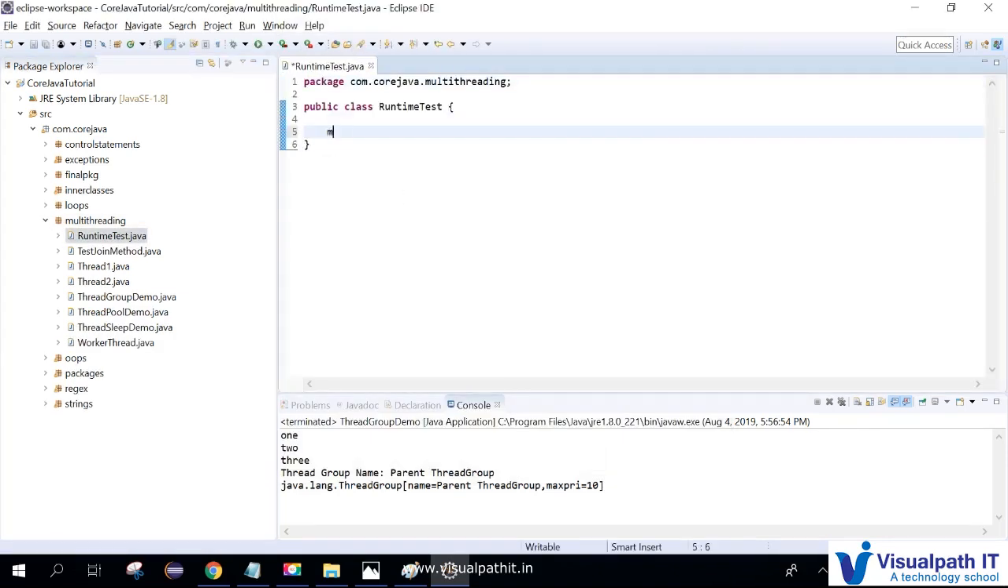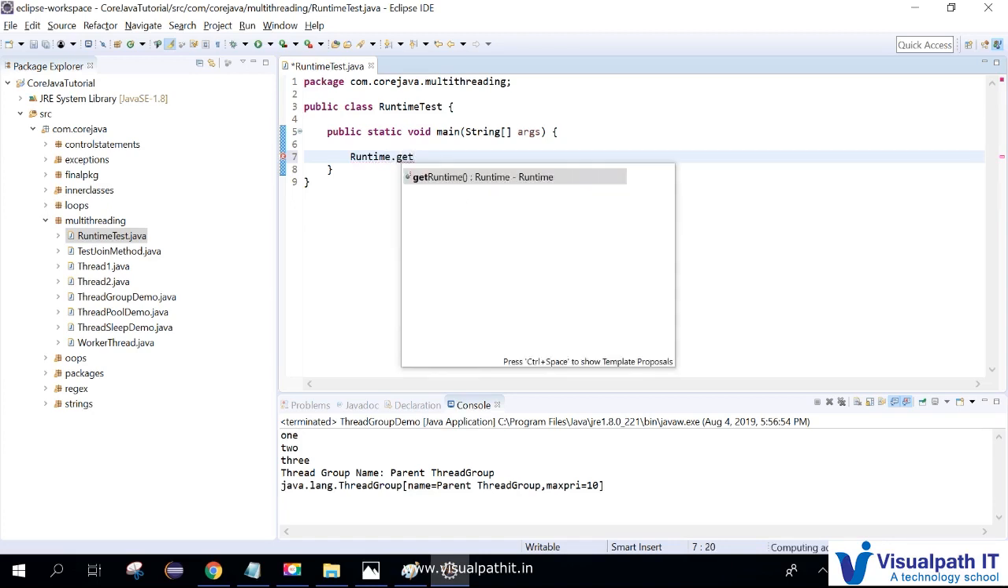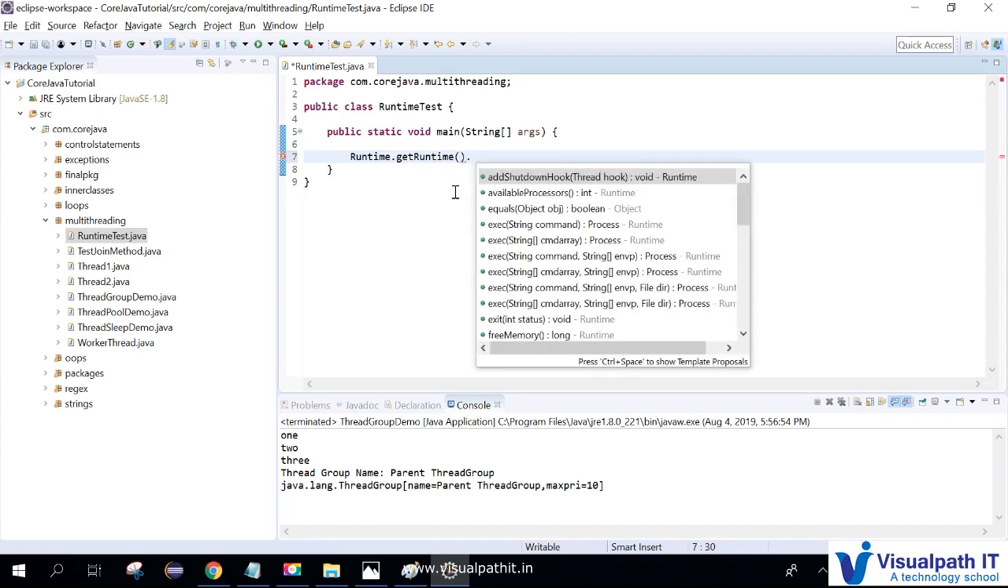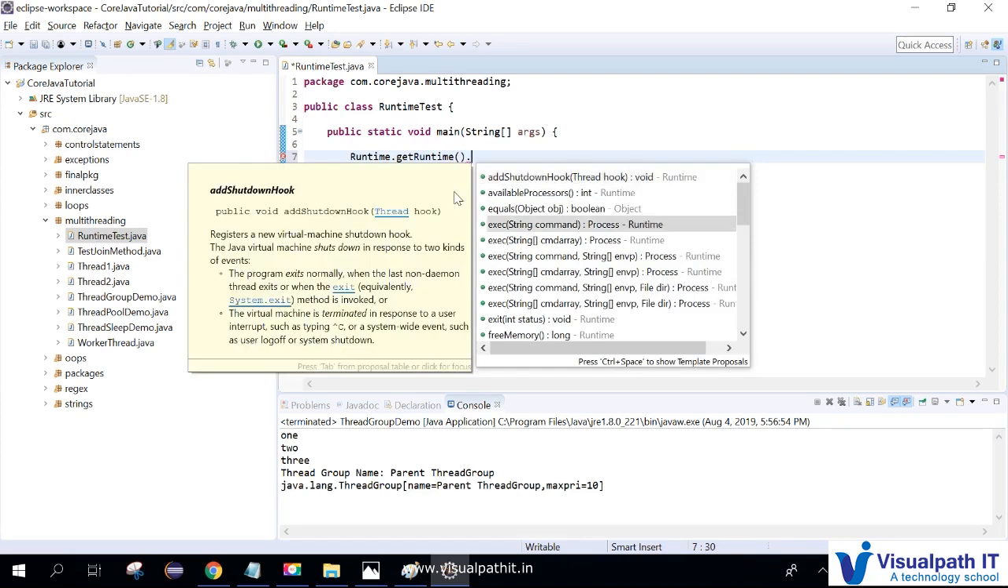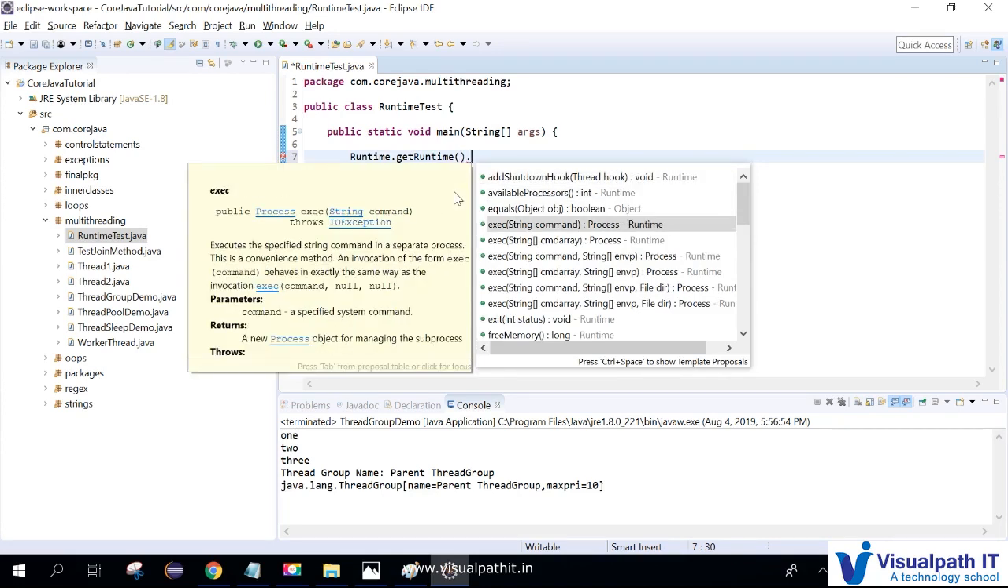So I'm simply writing the main method. I'm just using Runtime dot getRuntime. This actually returns the instance of Runtime, and there is a list of methods available. You can see them one by one. exec, which is actually used for executing any command. If it is a Windows OS, you can give Windows commands. Suppose you are giving